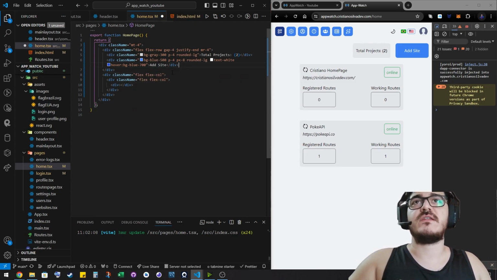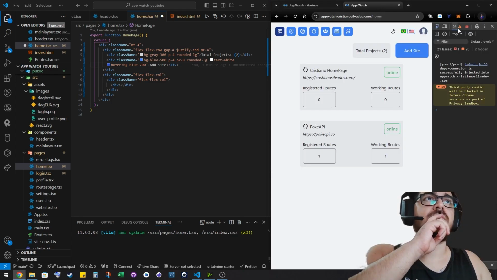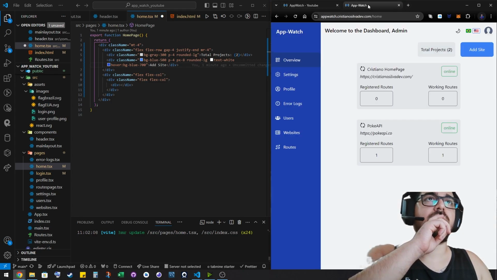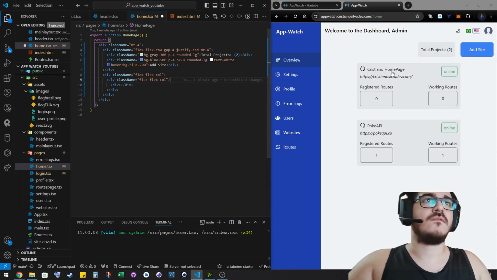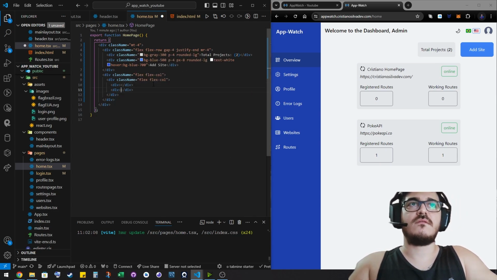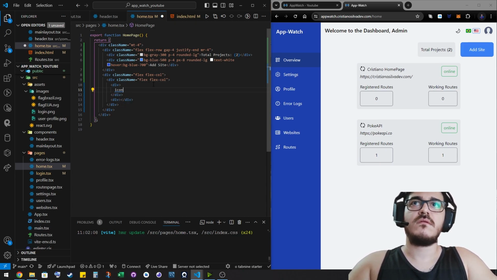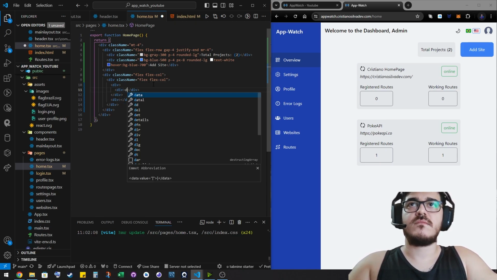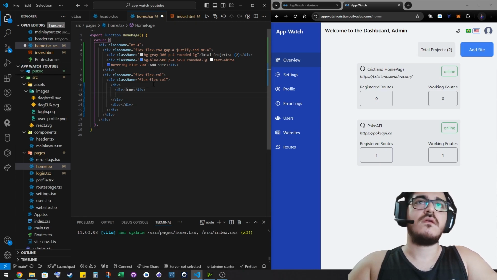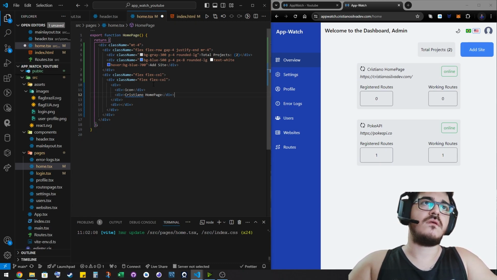We can change it later, but let me do it like this. The first div and the second div. In the first div we're gonna have the icon, icon, Cristiano home page, and